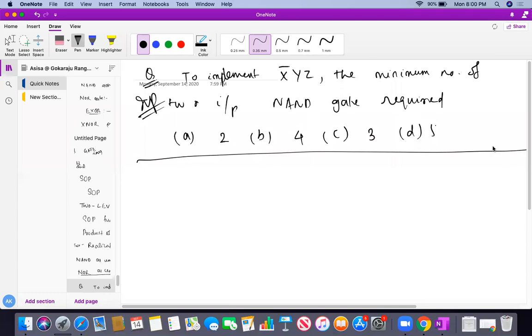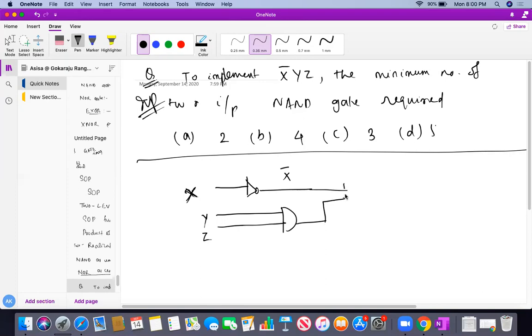If you know that table, it's very easy for you to do that. So what is X bar Y Z, students? It's very simple. To implement X bar Y Z, we just need X, which will give me X bar. And YZ, which will be given by an AND gate, so this will be my output YZ. Finally it will go to a two-input gate, because it is specified here that we just need two inputs only. I cannot express my equation with 3 inputs or 4 inputs, so I just require 2-input gates to design it. So this is my final X bar YZ. Am I correct, students? It's very simple.